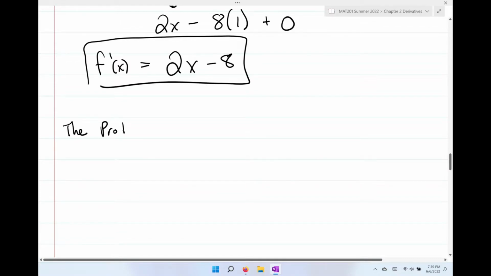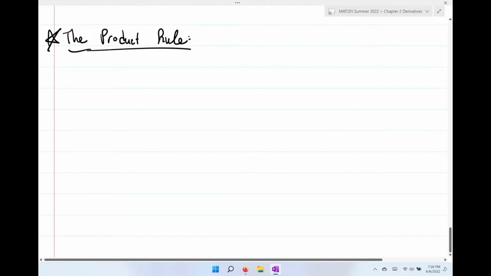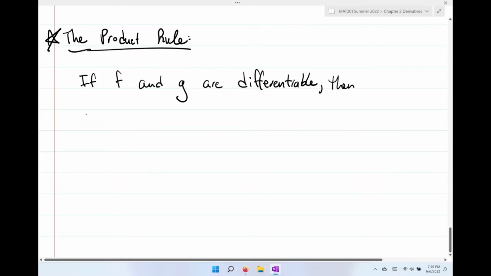All right, is going to be the product rule. Now, the product rule is definitely a special one. All right, so I'm going to put a big star next to this. All right, so if f and g are differentiable, then the derivative of f of x multiplied by g of x, hence the product rule, is going to equal